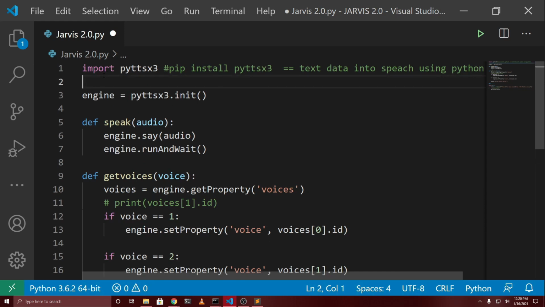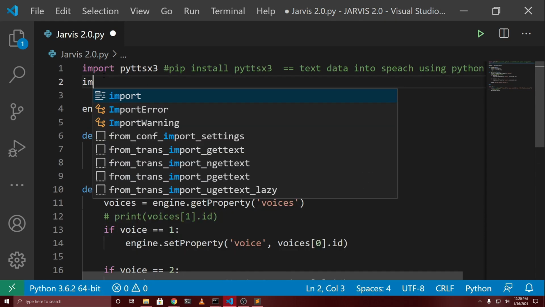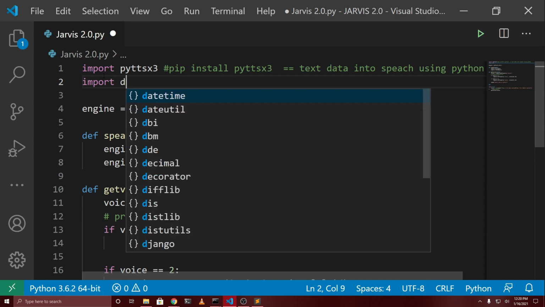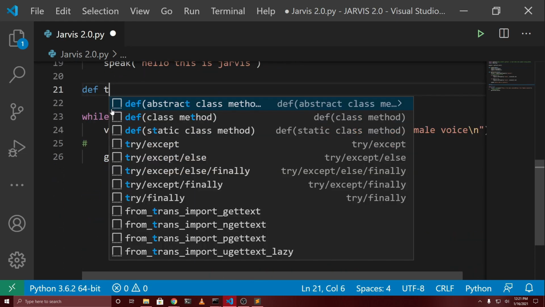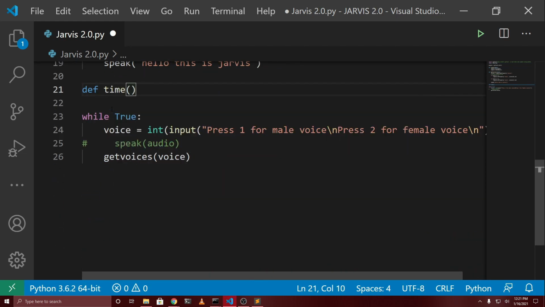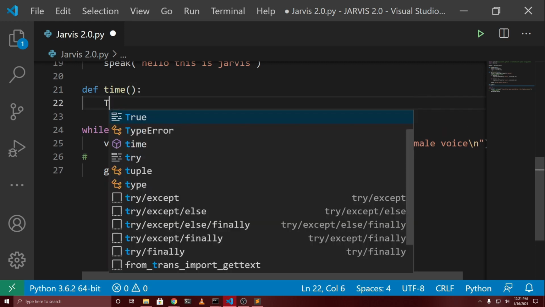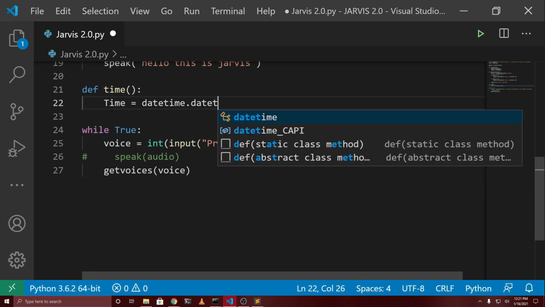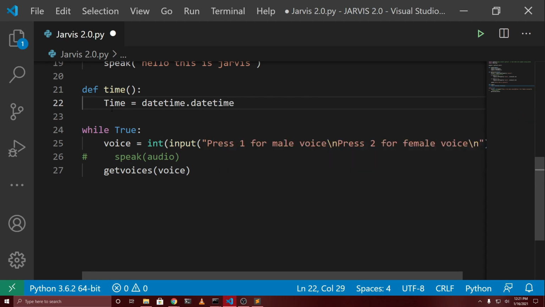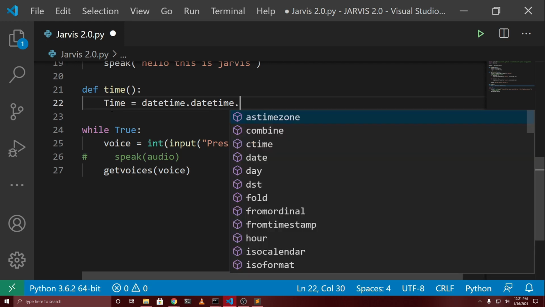We are going to import the datetime library, which is a built-in library, so we don't need to install anything for that. So we import datetime, and we will name this function time. Inside this function, we are going to create a variable named time, which equals datetime.datetime.now